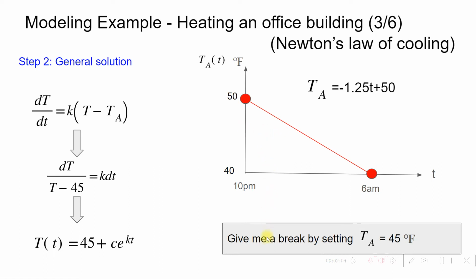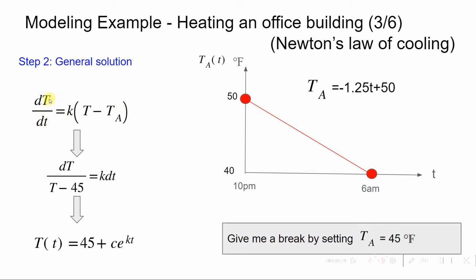So here I say, okay, give me a break by setting TA equals 45 degrees Fahrenheit. So now TA becomes a constant. So obviously it will drastically simplify this ODE,